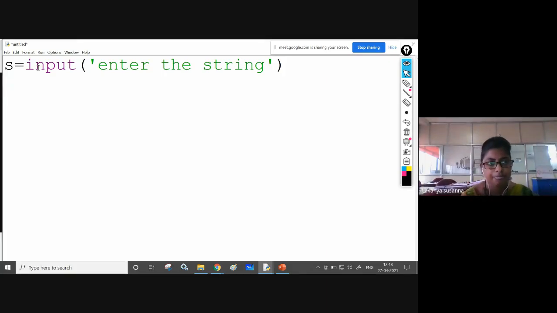Okay, see here. S equal to input function. I have given the input function. You need to provide the input through the keyboard and then you need to use a for loop, right?